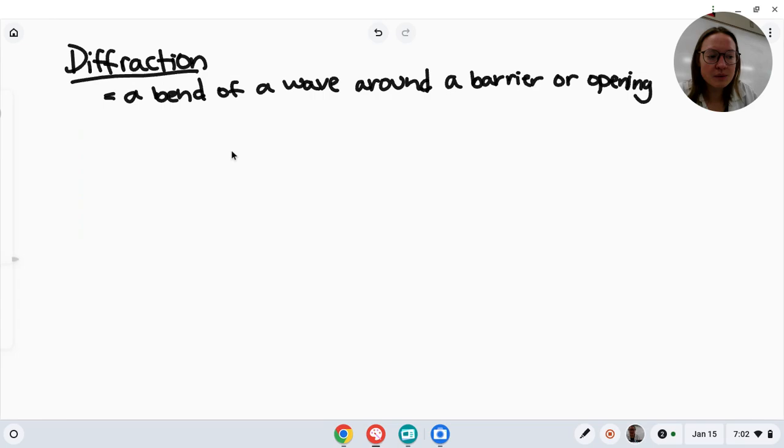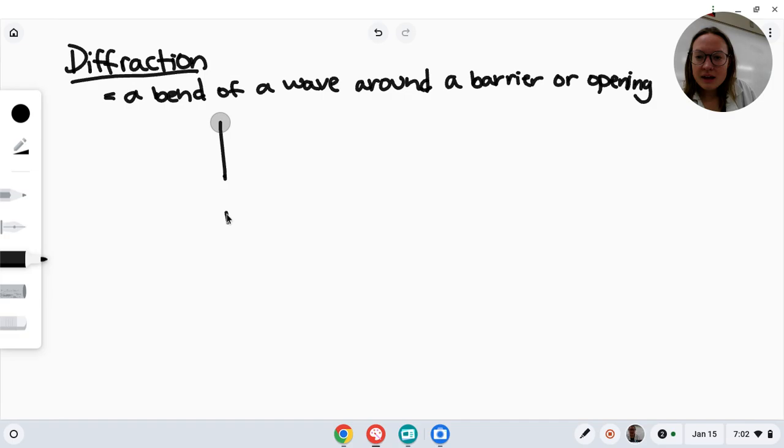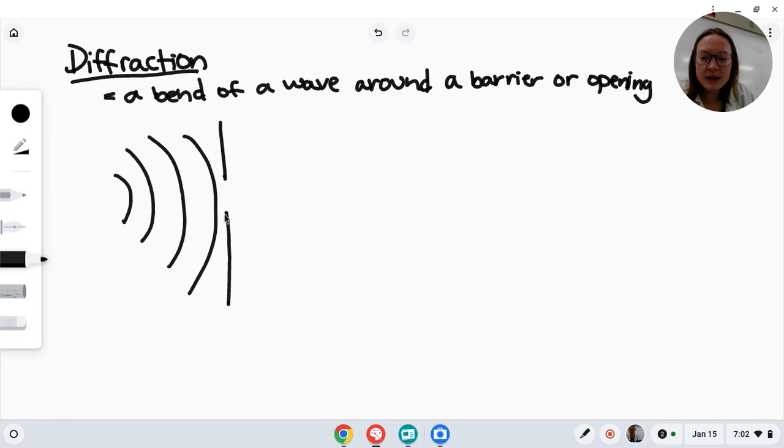Here's a picture. We just talked about what happens when a wave bends around a corner, like if it hit a barrier, but let's take a look at a picture of what would happen if a wave ran into an opening. What would happen is you would have this wave that's coming in like so, drawing it kind of like ripples in a pond. When it gets to here, this part of the wave would get stuck. All of this would get stuck. This part of the wave up here would also get stuck. All of it would stop. But the part that would make it through would bend to make it through the opening. Then once it makes it through the opening, it would start to spread out again, like this, through the opening.